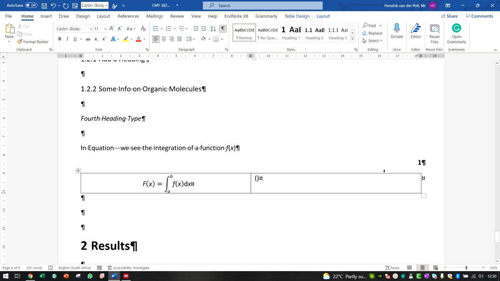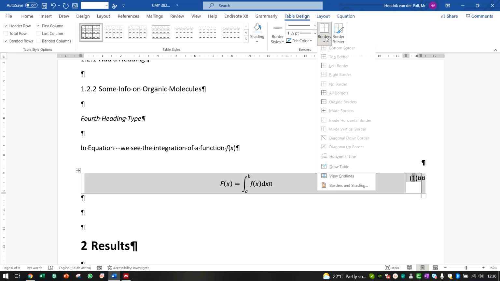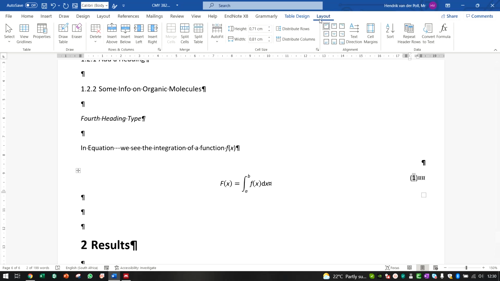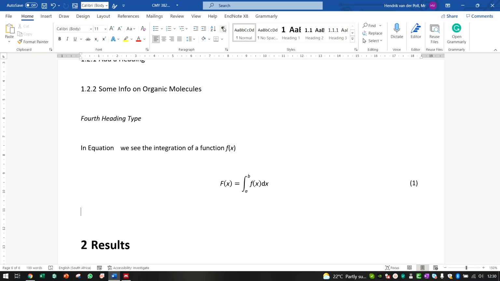And then we want to insert our equation numbering there. Now you need to ensure that you cut. So go up here, cut, or Control X. Then you click there and you paste it there. Okay. May change the formatting of your table. And we're going to click. Remember, no borders. Magic. This one we can change. It sets in the middle, to the right, aligned right. Look how beautiful that looks. Now you have a beautifully numbered table